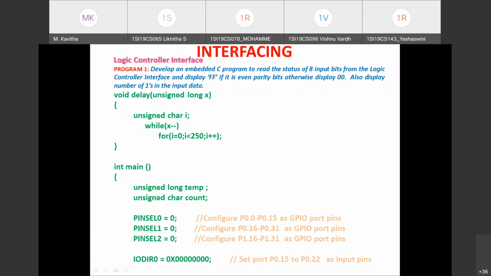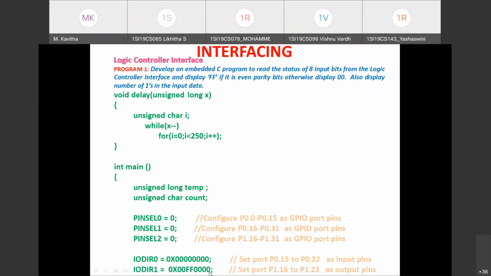And next, IODIR1 equals 0x00FF followed by 4 zeros. That means we need to configure port 1.16 to port 1.23 as output port pins. For that sake, we have written FF in these positions.